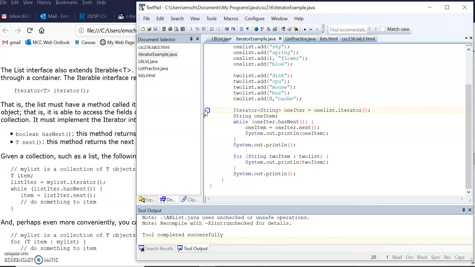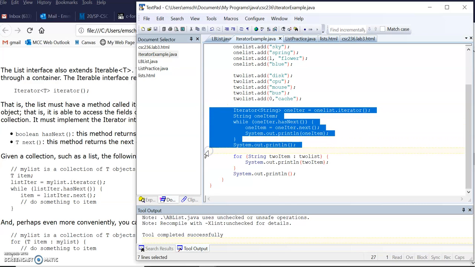Here's where I'm going to iterate through the first list. Here's where I create the iterator. One list is the list. We use its iterator method, and it returns an object of type iterator. Actually, iterator is an interface, so this is a specific type of iterator object that implements the iterator interface, right? So we have our list, we have the iterator method that returns the iterator object, and then we use the iterator object